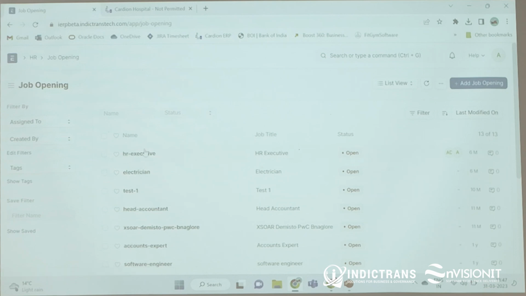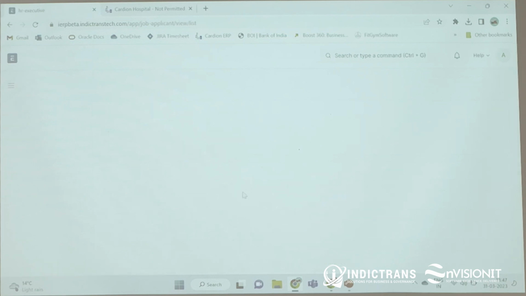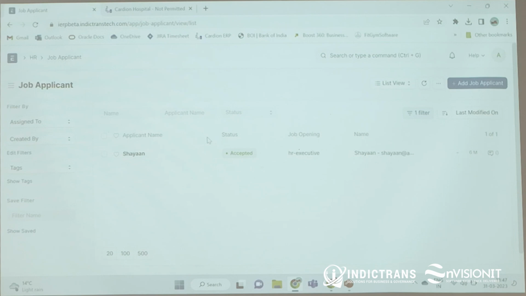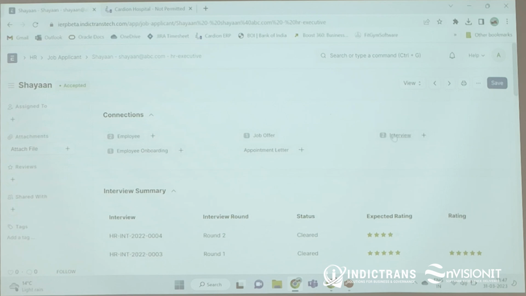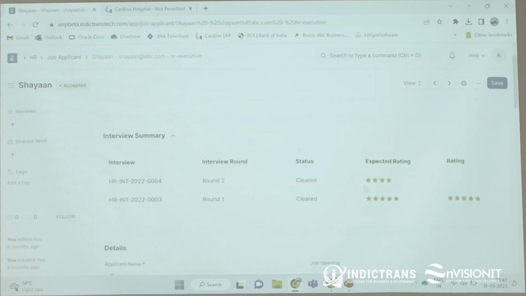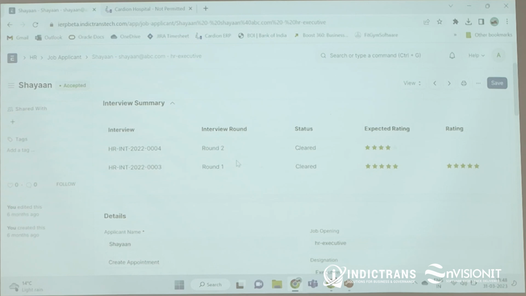Now, against each job opening could be for different job titles, for different designations, so on and so forth. Once you've created a job opening, you can track different applicants throughout the system in here as well, right? So all the different applicants that have applied, you can track them. You can also track their interviews, right? How the interviews went. So you can see for this particular applicant, Cheyenne, there's been 2 interviews, and these are the expected ratings, and this is the actual rating given. You know, so you can track the complete HR recruitment cycle, and once the applicant has accepted, we can send him a job offer,